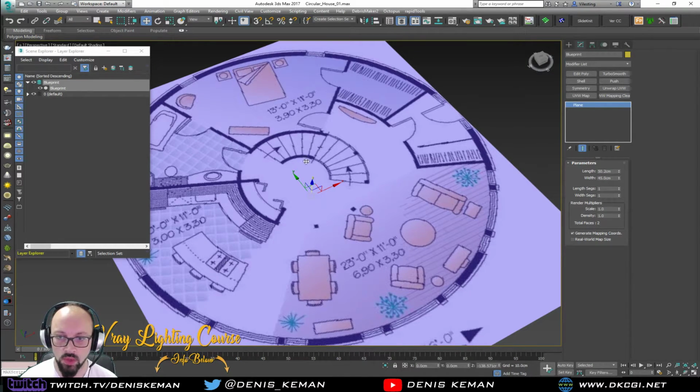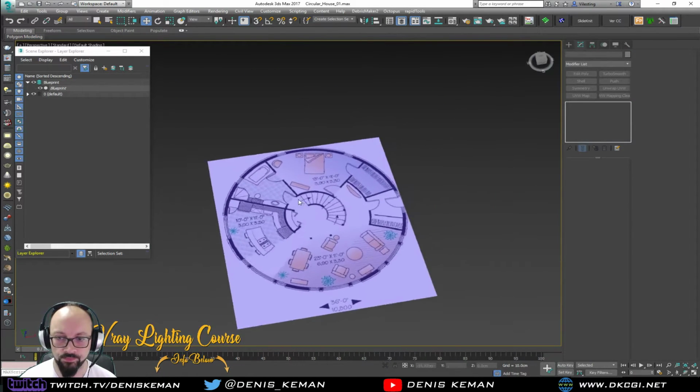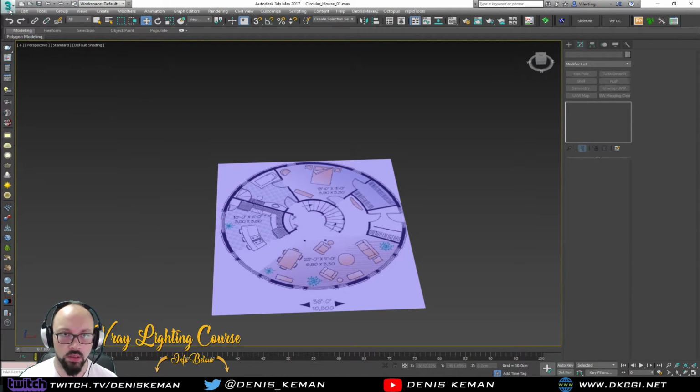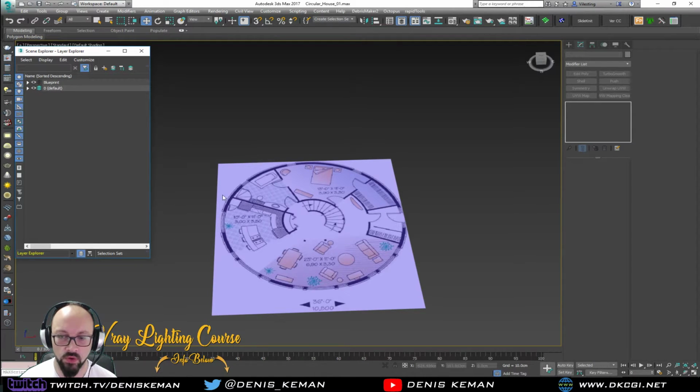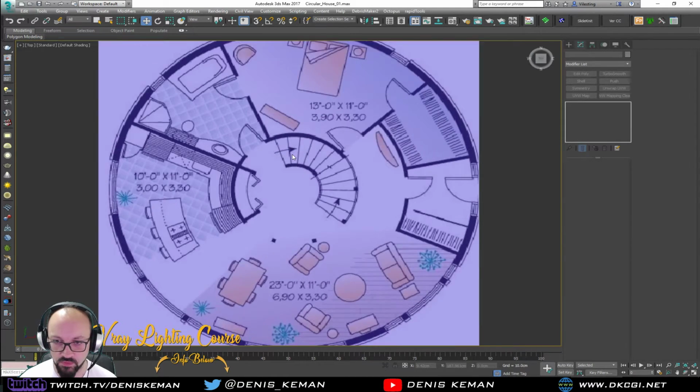Blueprint, there we go. Now we go freeze. All right, awesome. Close this, save it. So now I'm gonna go back to default, and we're gonna start off with defining all